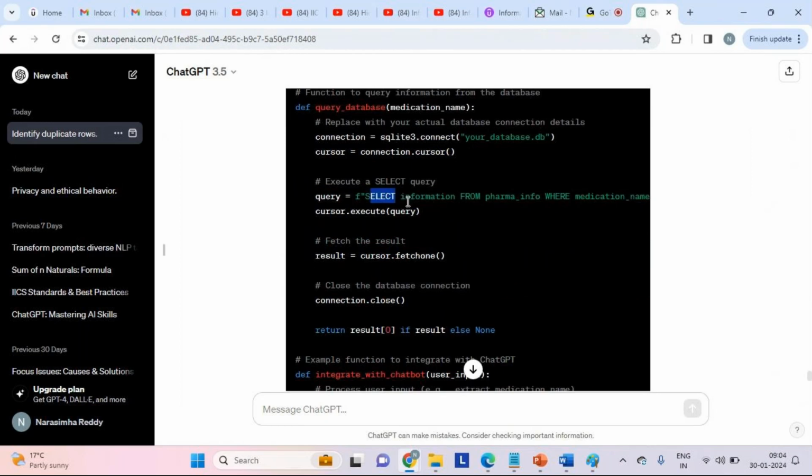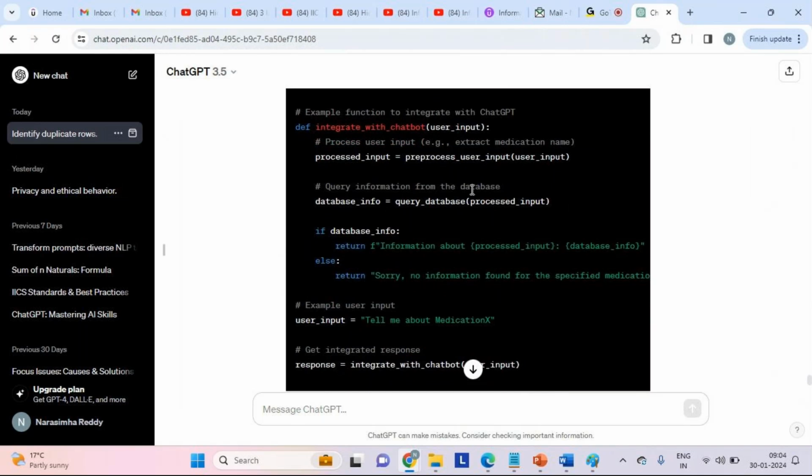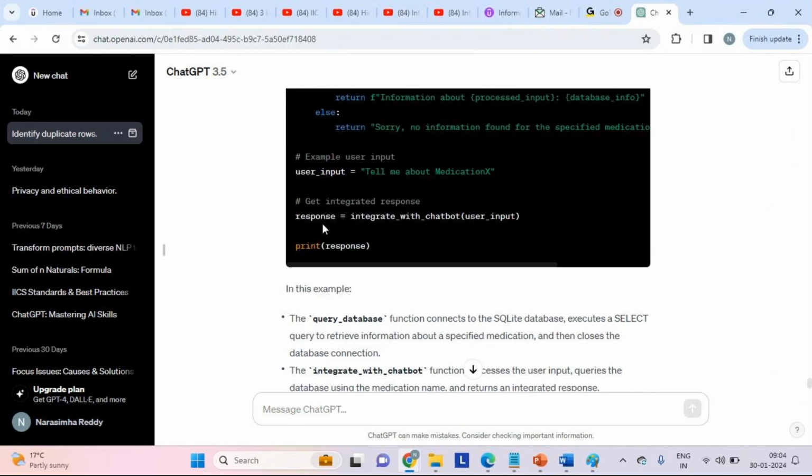Can you see the query here? It is a generated query from the appropriate table, whatever. Then you'll get the response here. So user input, then it is going to query based on that, then you'll get a response, using the bot.